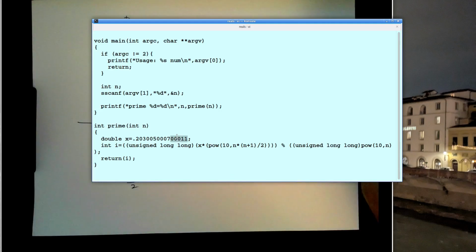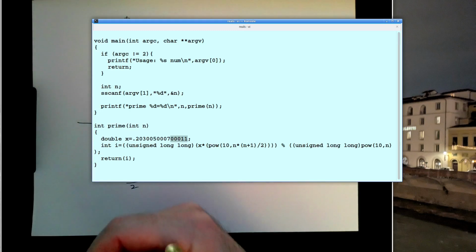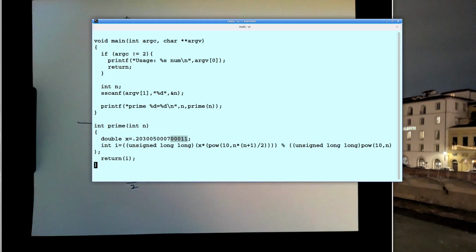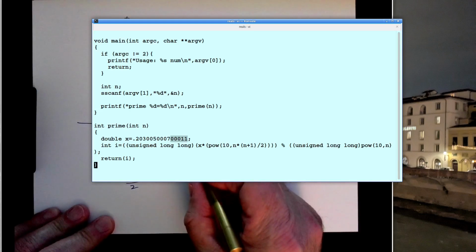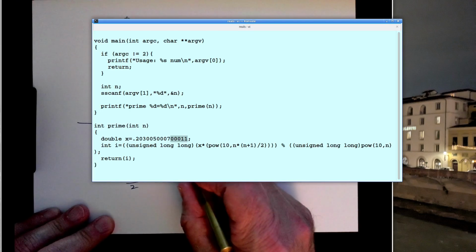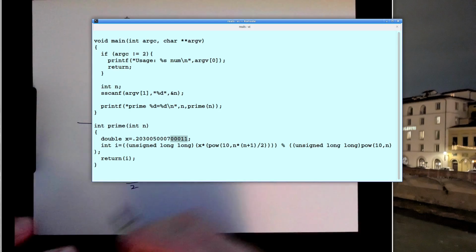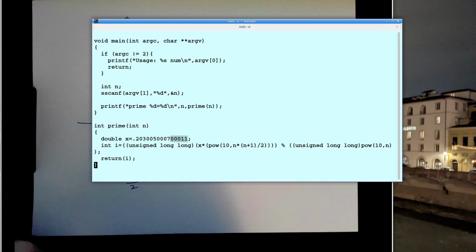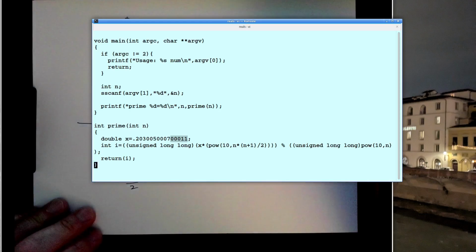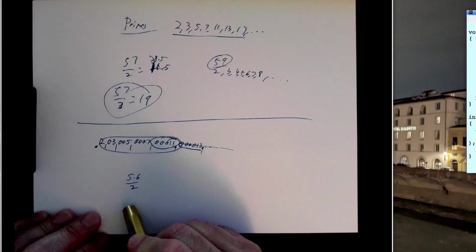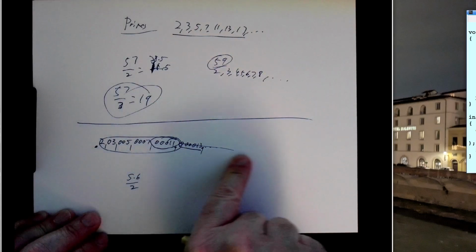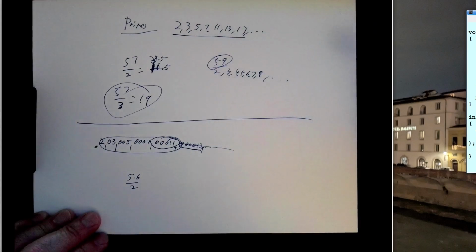And in this case, this always works because there's a thing called Bertrand's postulate, which says there's always a prime between n and 2n. And so as we go to the next prime after 13, we know the next prime is not going to be more than twice this. In particular, it's going to be less than 10 times this current value. So if we add another digit, we've got plenty of space. And in fact, as we go, we're going to have an increasing number of zeros that are just wasted. But that's okay. So yeah, we can write this number out forever, storing all of the prime numbers in it,